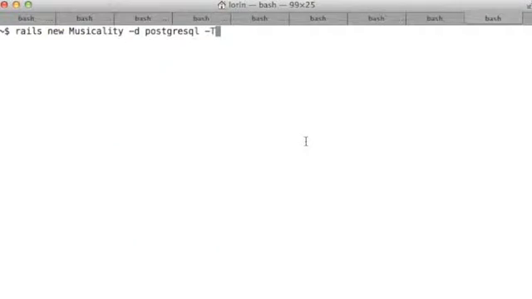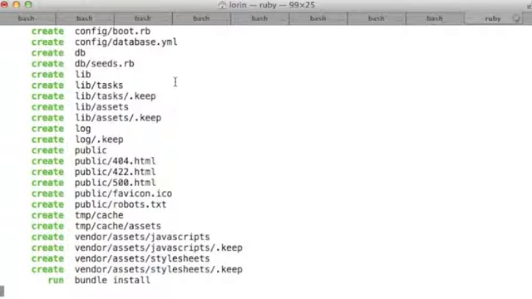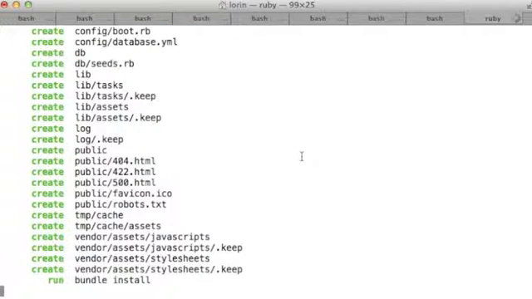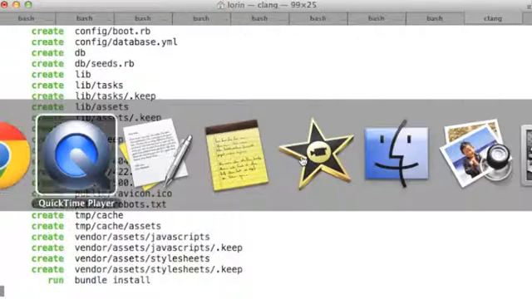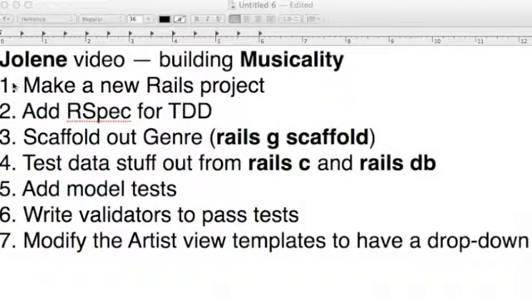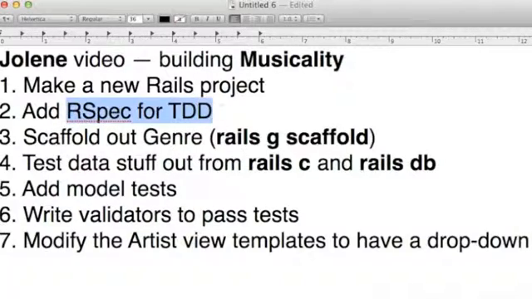This is what the student does during the video. First, set up a new Rails project using Postgres and not test unit. And then after that's all bundled up, then we'll go in and install some gems to allow RSpec to work. So this is the 7 steps that they go through. After we get that all bundled here, then we'll add in the gem file, the gems for the testing,